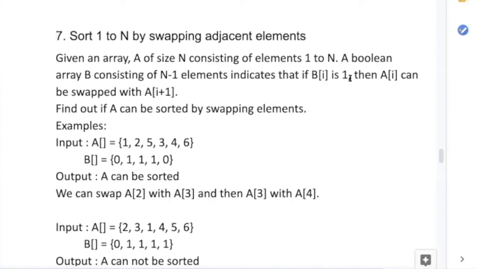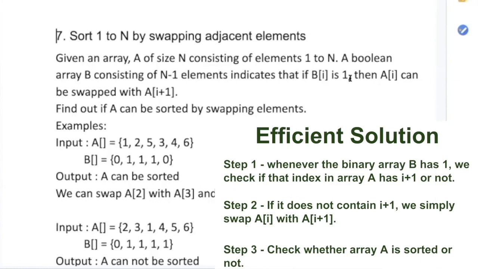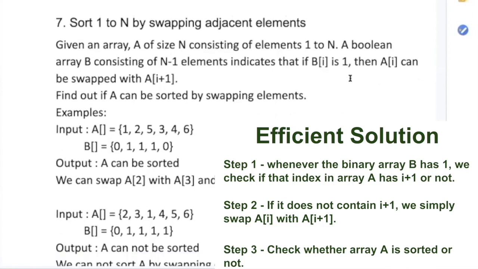So you have to try to sort the array. And when you're trying to sort the array, before you do the logic of swapping, you have to check whether the swapping is allowed or not. If you have to swap and you're not allowed to swap, it means that it cannot be sorted. This is the meaning of this question. Now is it clear? Can you guys give it a try? What do you need to do? Try to sort the array, and while doing your sorting, you always have to swap, right? So before swapping, you go and check in the array B whether this swapping that I'm trying to do is allowed or not. If it is allowed, I'm totally fine. If it is not allowed, then I'll say this cannot be swapped. Make sense? Is it clear, guys?